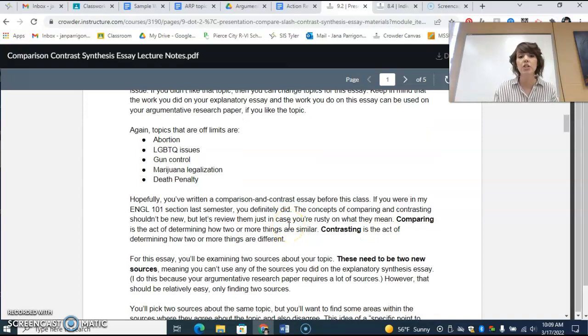For this essay, you're just going to be looking at two sources. That's it. Two new sources that you haven't used already, so you cannot use any sources that you used in the last essay. One of these needs to be from EBSCOhost and one needs to be just another reputable source. It can be a newspaper or a magazine or a news source, whatever you want that to be. I don't know if I have that in the notes, and if I don't, I'll add that, but you do need to have one source from EBSCOhost.